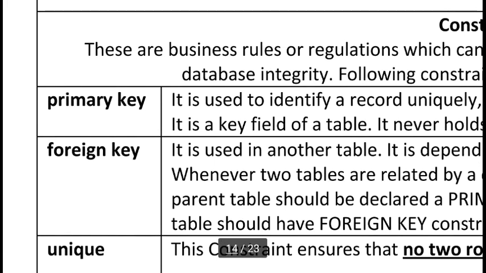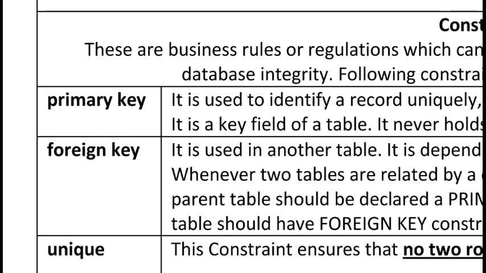Now, foreign key. There are so many records and we cannot store all the complete details in one table. It is not possible, so we break the table into one table, two tables, three tables, four tables, so we can avoid repetition of our data. But how do we connect them? We can connect these tables with the help of primary key and foreign key. It will be beneficial for us.